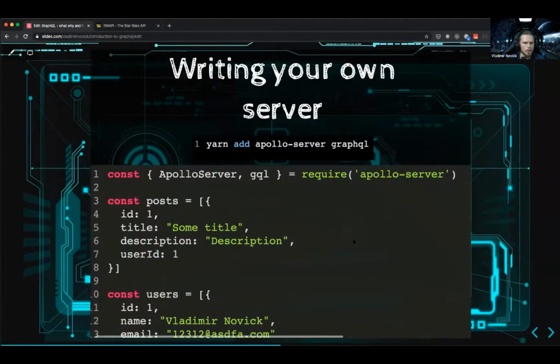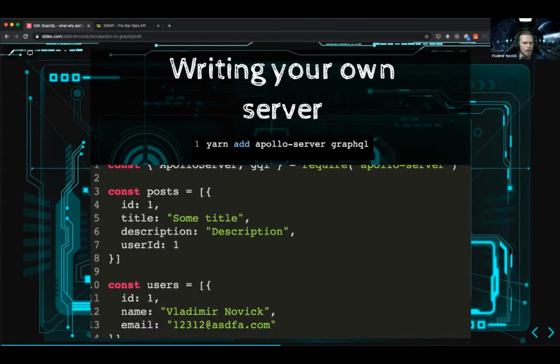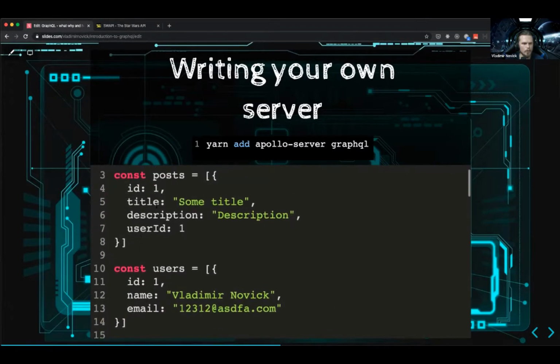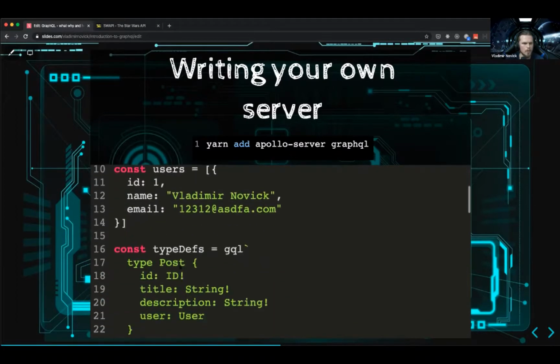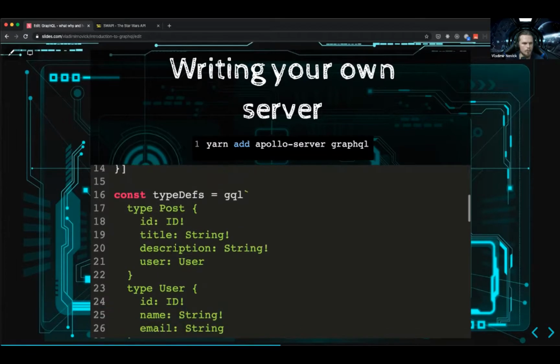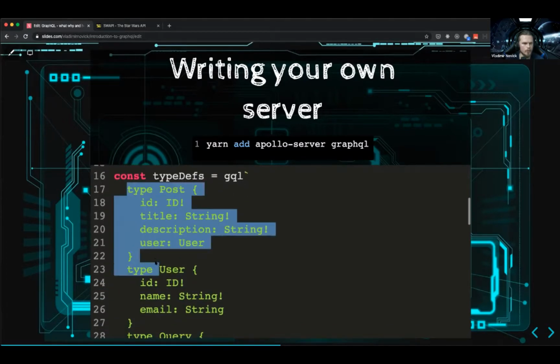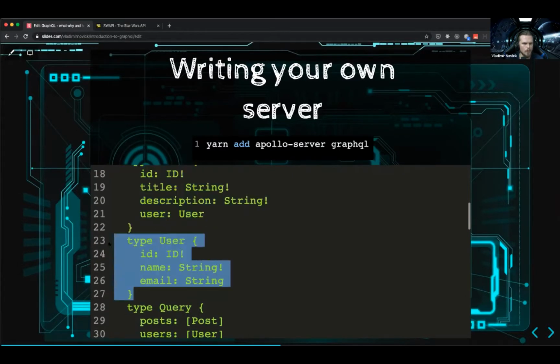If you write your own server, I have a really simple example in Node. I use a library called Apollo Server, and I have a really naive implementation here, no database, just a global variable with posts and users. I can simply define type definitions by using the gql library and define something that we already saw, right?